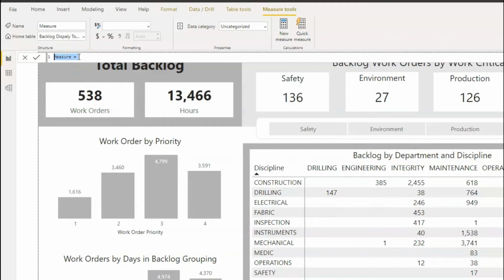So we're going to start with CNDF for conditional formatting. I always like to start my conditional formatting measures, so measures that output an element of conditional formatting, like a title, with the word conditional formatting. And we're going to call this backlog and dep